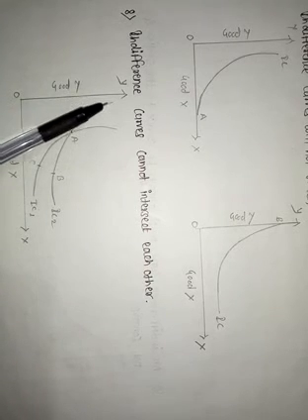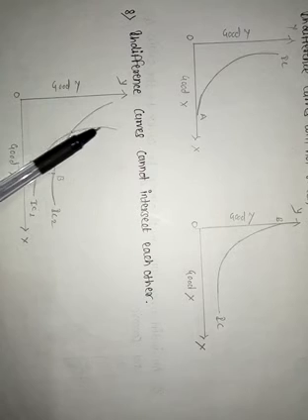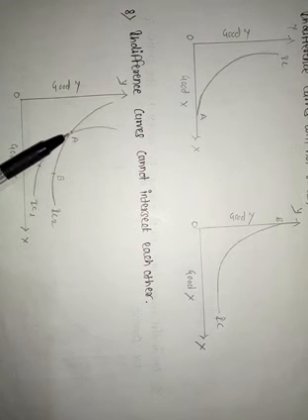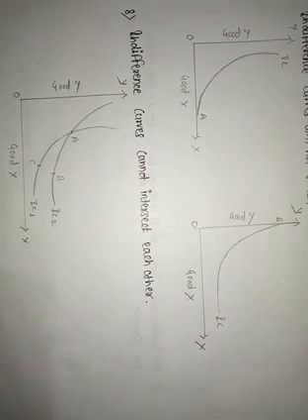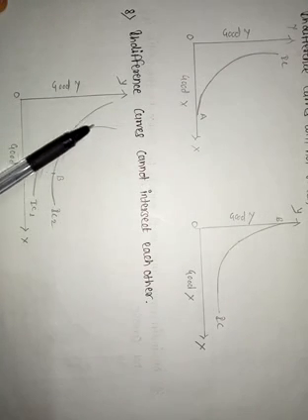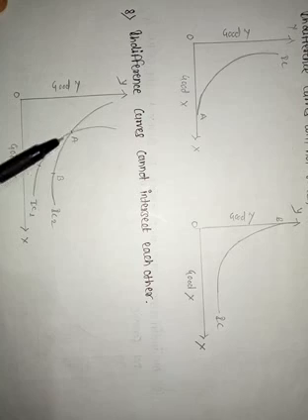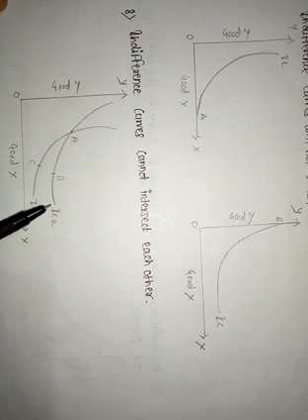Then next one is, indifference curves cannot intersect each other. Intersect means to touch each other. Means indifference curves never intersect one another. Why? Because they represent two different sets of combinations of the two goods and services, which provide unequal levels of satisfaction. So, indifference curves cannot intersect each other.